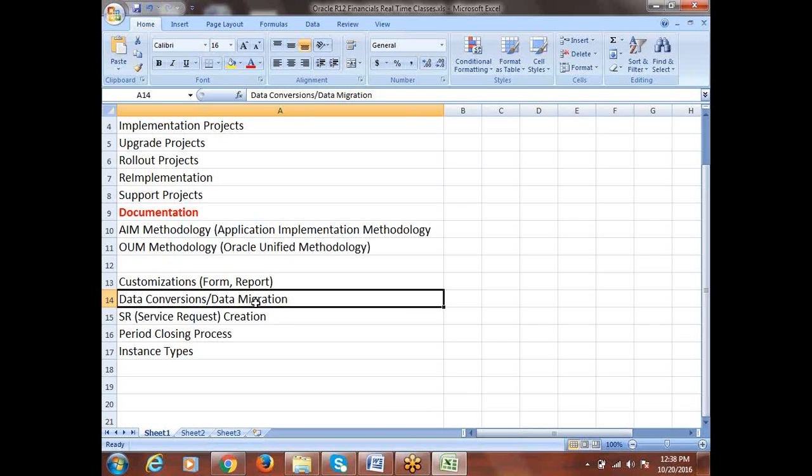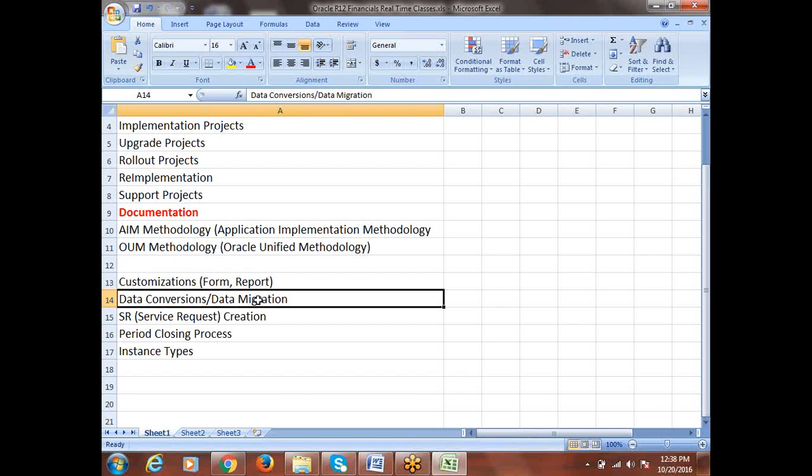We'll discuss what approach we have to follow, what templates we have to prepare, and how to prepare the templates. I'll show you the templates which are used for some projects as per business requirements. If you want to modify them, how to modify them, and how to get the data when we are loading the data into the system. And before that we'll discuss the complete life cycle of data conversion.